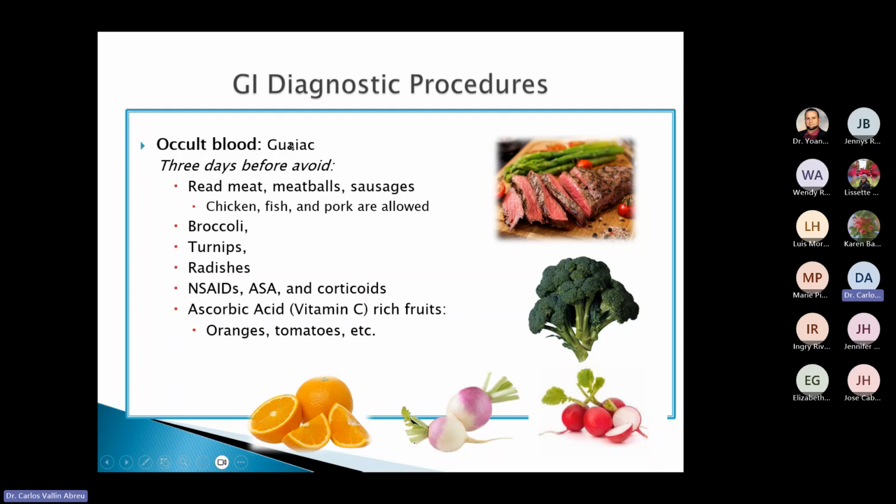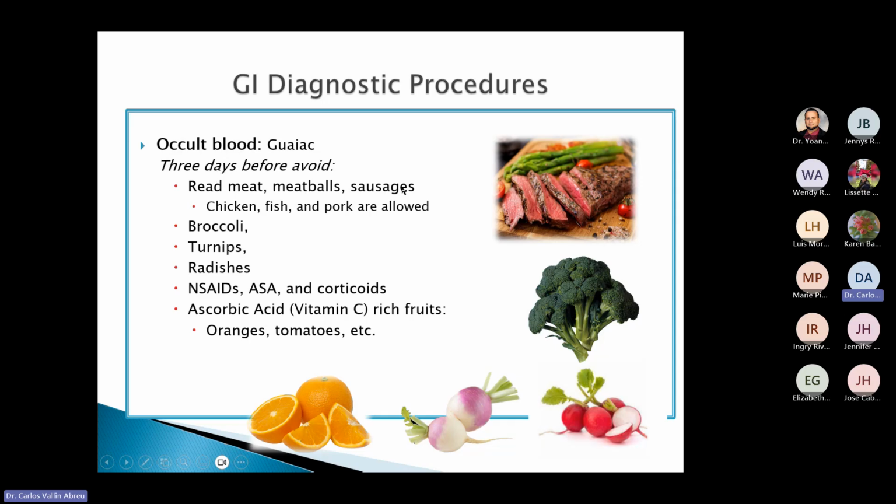Remember that the name of the substance that is used to demonstrate the presence of occult, or hidden, hemoglobin in the feces is guaiac. So they can use the term guaiac as equivalent of fecal occult blood test. Remember that you should educate the client with a diet 3 days before the test to avoid any kind of